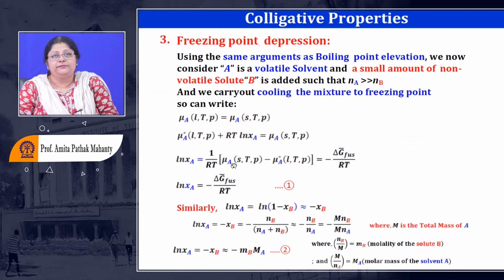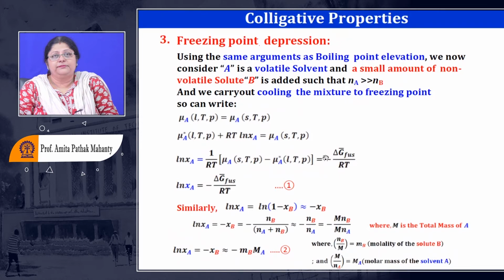What you do is the difference, its final state is this one. So the difference between the chemical potential of the species in the solid ice form or frozen form, that is solid at given temperature and pressure, minus the chemical potential of the species in the pure liquid form at the given temperature and pressure. Now you see, this is going to be minus delta G fusion. So this is the difference compared to the previous one where you had delta H molar, delta H vaporization. Here you have minus delta G fusion.